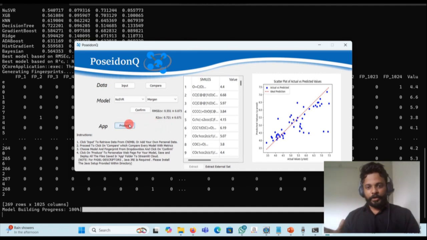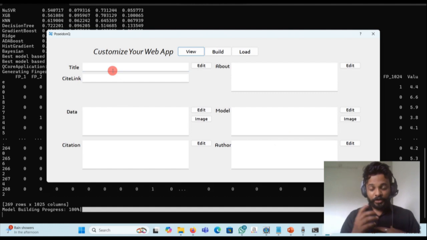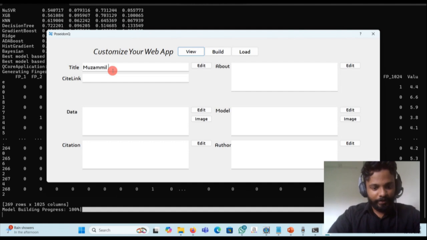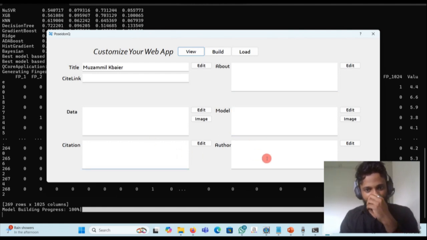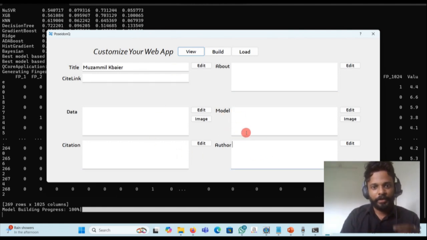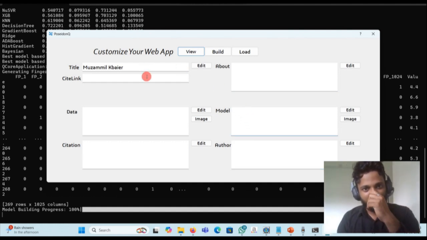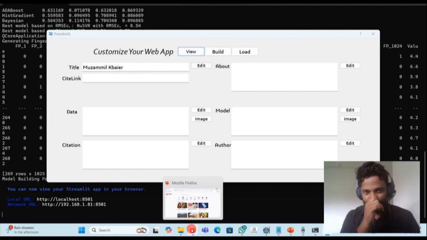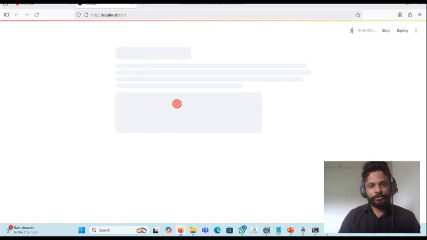Now is the interesting part. Now this model here, you could actually convert into a web app. So let me show you. Let me just give it my own name here. As title, you could change whatever options over here. You could give in whatever the author's name. You could explain about the model over here, anything, and you could see the changes in real time by clicking on the view button. So the view button takes you into the Streamlit,